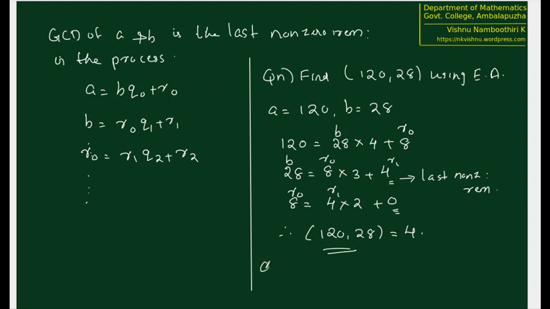Now, one more question. This is an exercise. Find the GCD of the two numbers 2076 and 1776. This is equal to what? This is an exercise. So we have verified the Euclidean theorem and we have verified the Euclidean algorithm. We have seen the Euclidean algorithm and also why it actually works.